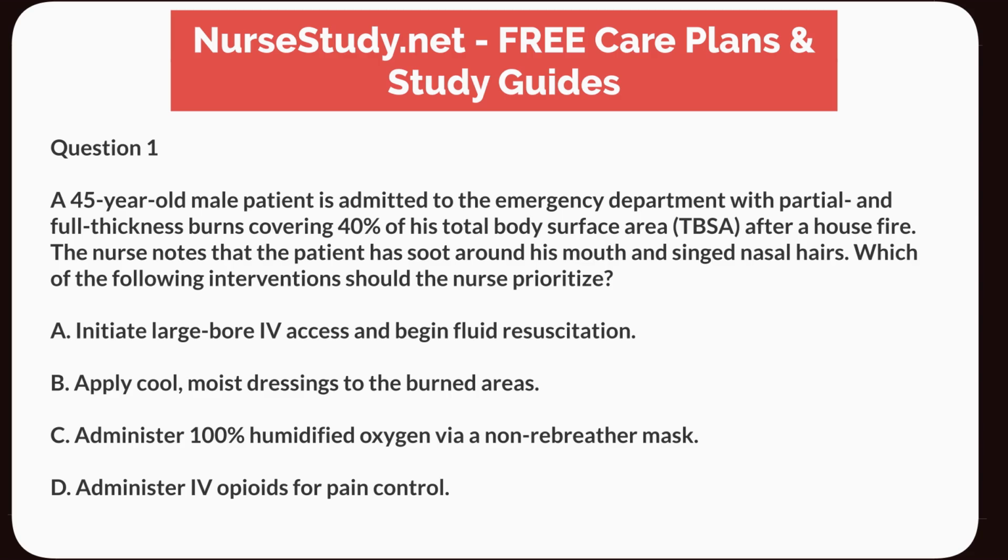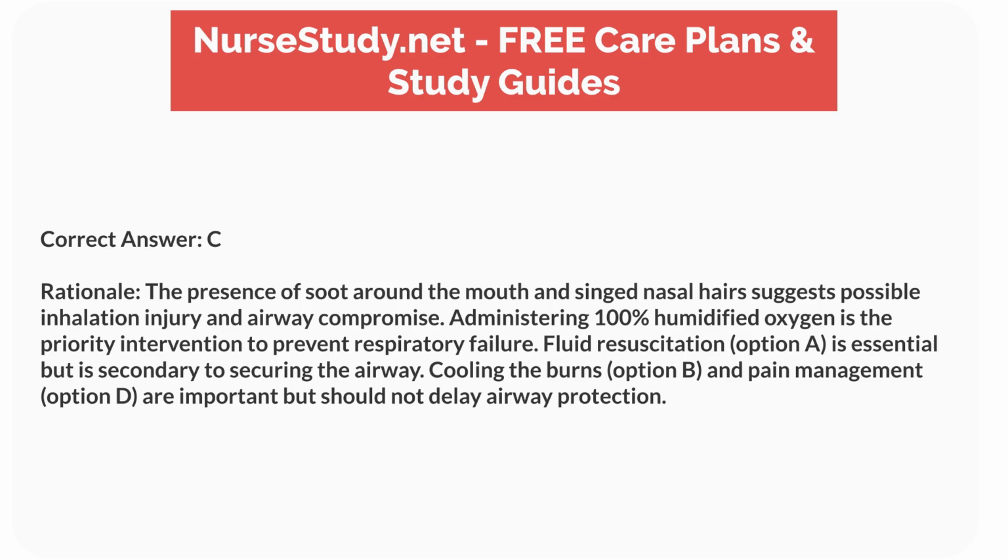A. Initiate large-bore IV access and begin fluid resuscitation. B. Apply cool, moist dressings to the burned areas. C. Administer 100% humidified oxygen via a non-rebreather mask. D. Administer IV opioids for pain control. Correct answer, C. Rationale: the presence of soot around the mouth and singed nasal hairs suggests possible inhalation injury and